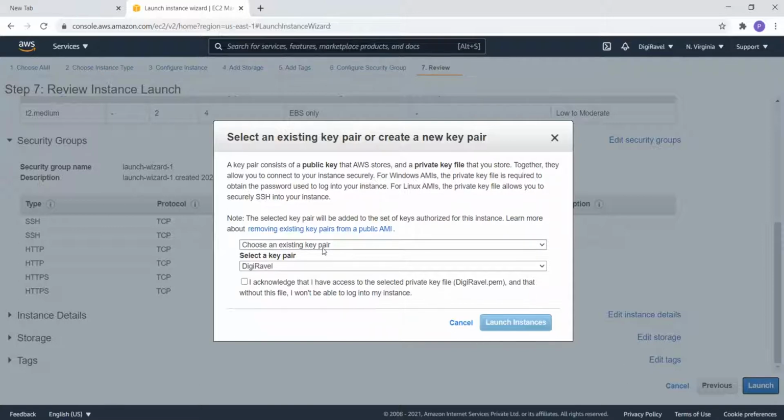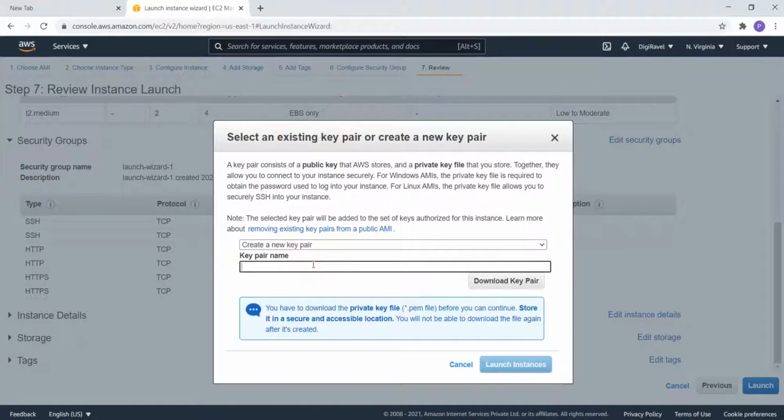Here you can create a new key pair or you can use an already existing one. If you are creating a new instance, then you need to create a new key pair. Keep in mind that this key pair gets downloaded only once, and if you lose it, you can't access your SSH. If you want to access that, you need to have the PEM file that gets downloaded right now.